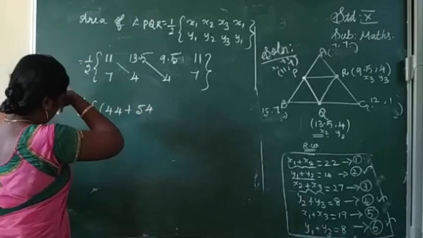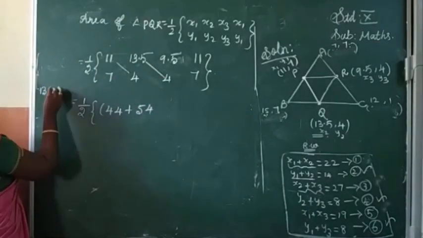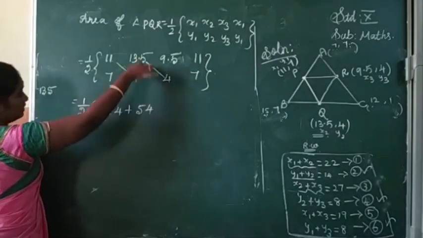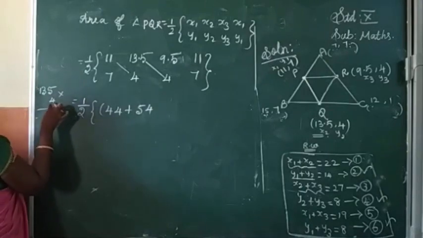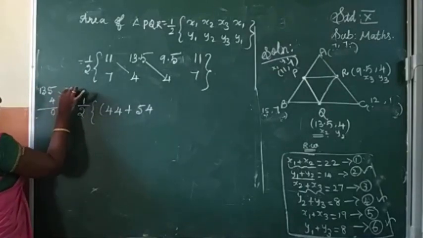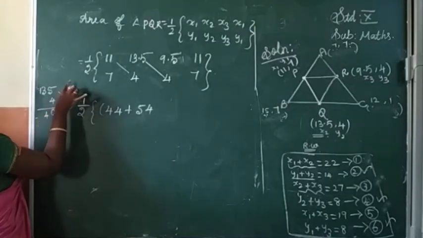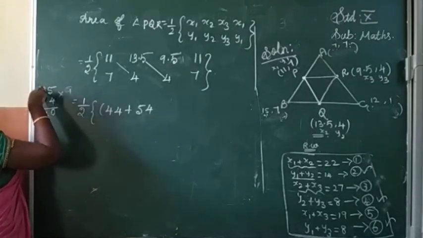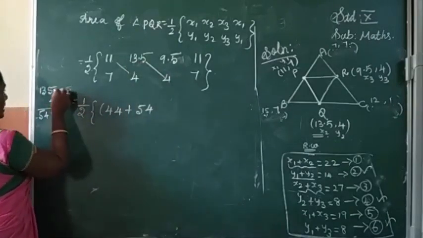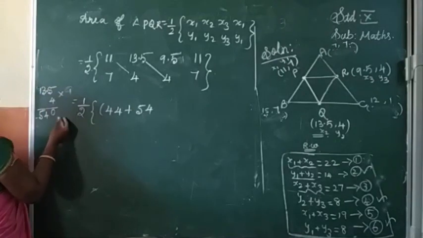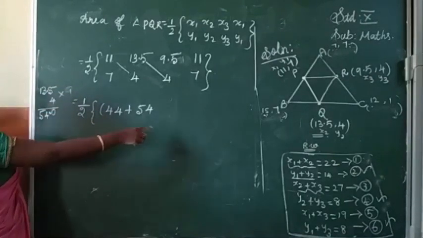If you don't know how to multiply 13.5, first you leave the decimal, then write the number into 4. 13.5, I just leave the decimal, first multiply: 5 4s are 20, remaining 2; 3 4s are 12, 12 plus 2 is 14, so 4, remaining one was there. Then 1 4 is 4, 4 plus 1 is 5. Here what is the original number? 13.5. So one number before decimal will come. So here also one number before the answer decimal will come. So we will get the answer 54.